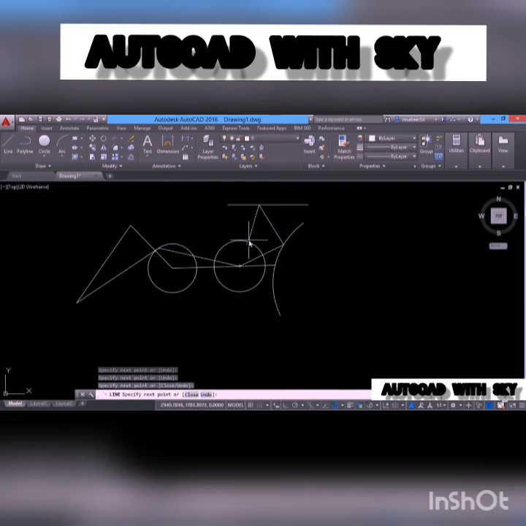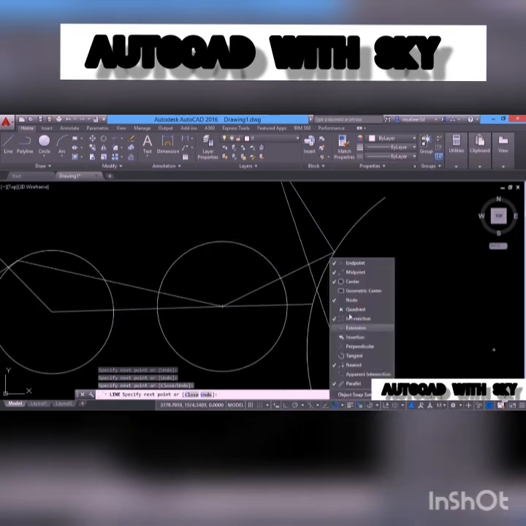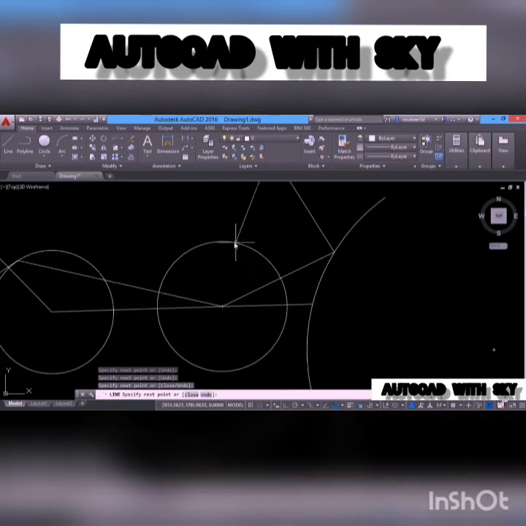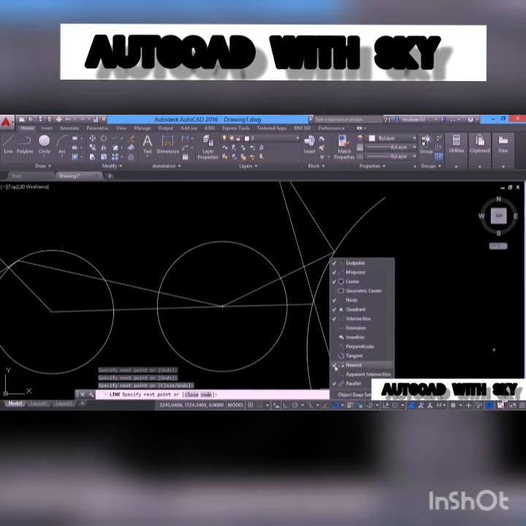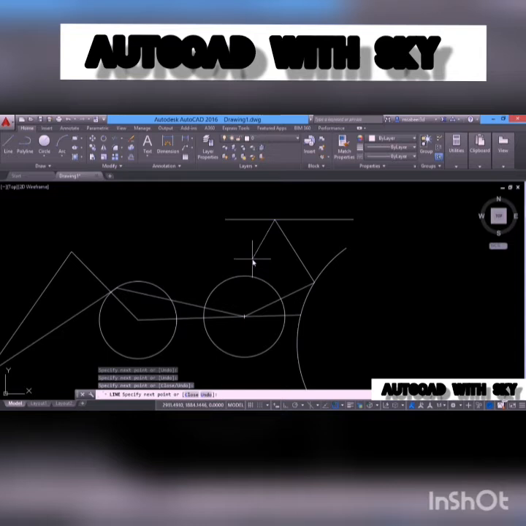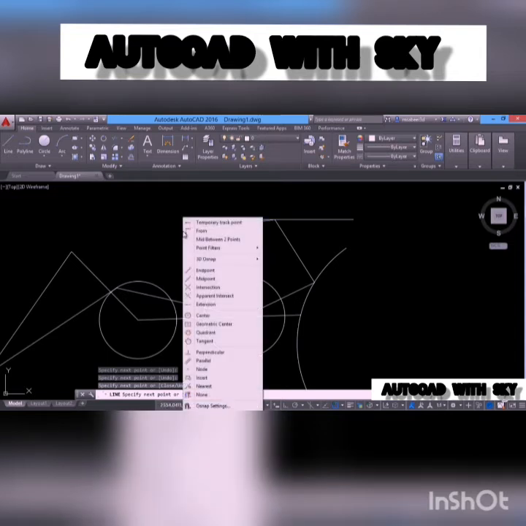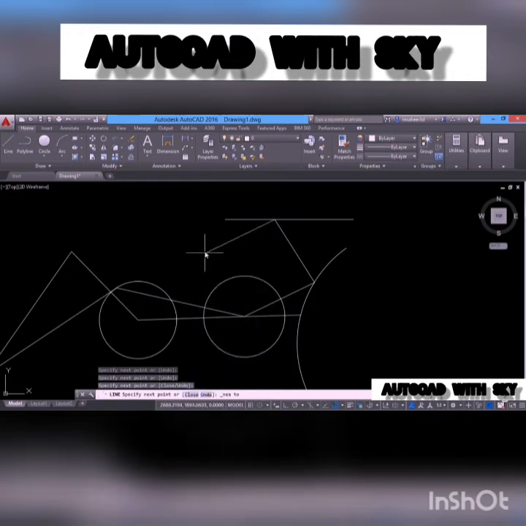Suppose if I want to snap onto the quadrant point here, I'll activate quadrant. Only if my cursor is exactly on the top of a quadrant, it will identify it. The moment you move away from the quadrant, the nearest will take precedence. From this, it's clear that the nearest snap should not be used as running mode. The solution is to use nearest snap in override mode, which is obtained by shift right clicking the mouse and choose nearest. Alternatively, you can also type NEA for nearest.